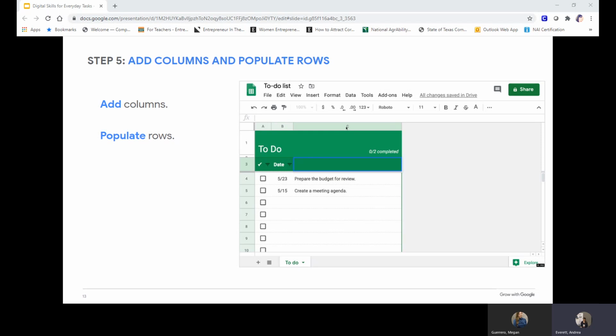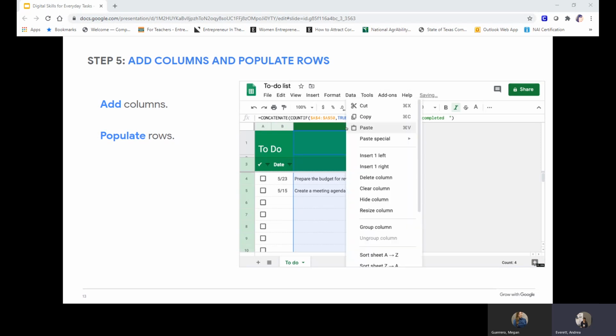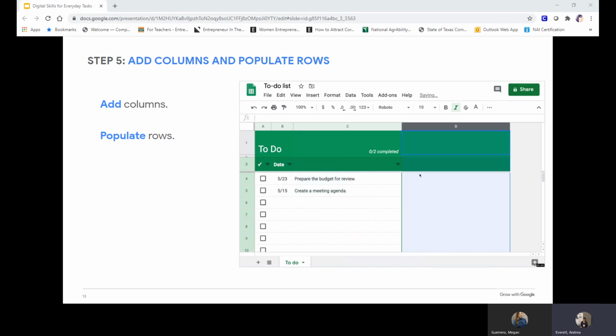Now let's say you want to collaborate with several people and divide up the responsibilities to get your event going. You can add an additional column for owner and write a name in each row for each task. To do this, you'll click column C, then click Insert and column right. Now click inside cell D1 and type a title to give the column a heading like owner. Add a few names in the rows below. Adding the column for task owners turns this into a team to-do list.